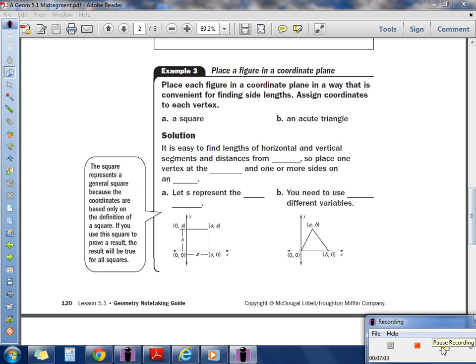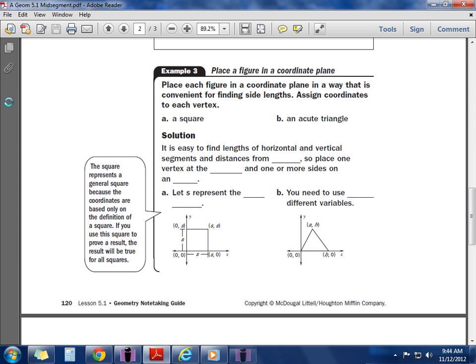Example 3 says, place each figure in a coordinate plane in a way that is convenient for finding side lengths. Assign coordinates to each vertex. We're going to do a square and then an acute triangle. So it pretty much already gives you the answer. We don't know the side length on either of those shapes, so we're going to use some variable names. The key thing that you should notice whenever you're placing a shape in a coordinate plane,